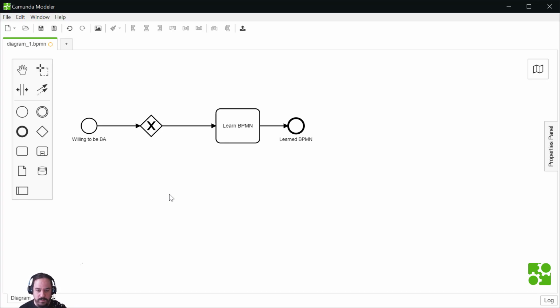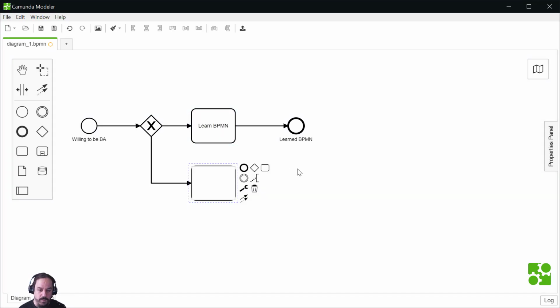So let's see how this gateway operates by adding another task. From now on, I will use the shortcuts that are proposed on the side of the task and gateway, because it's faster and because you saw how to use the palette. So here we have another task that we will call Learn something else.